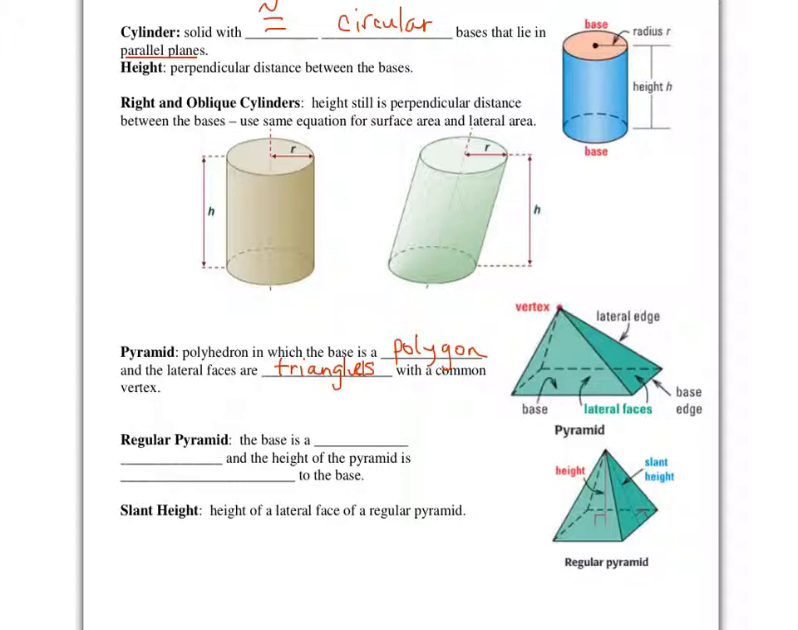The vertex does not necessarily need to be straight up above it, but if it is right in the center of our base, then it's called a regular pyramid, as long as the base is also a regular polygon. So for a regular pyramid, the base is a regular polygon, like a square, not a rectangle. And the height of the pyramid is perpendicular